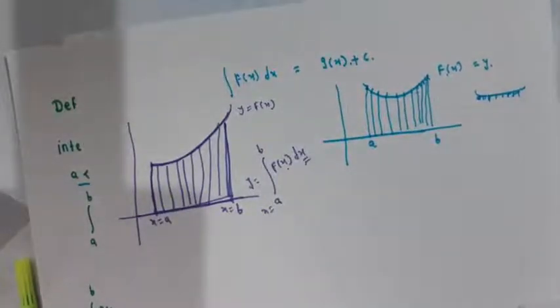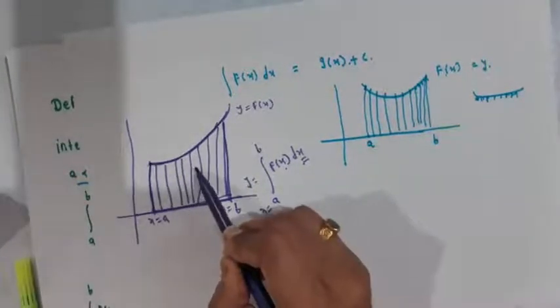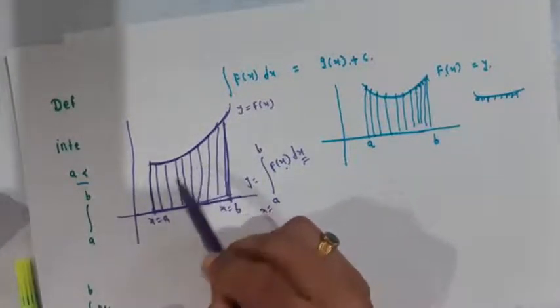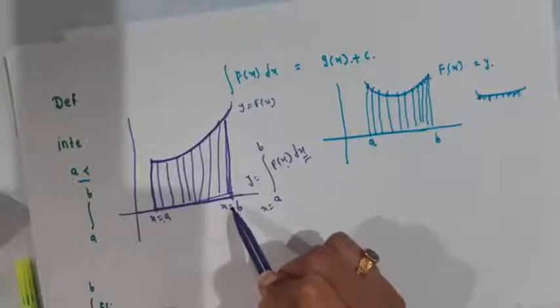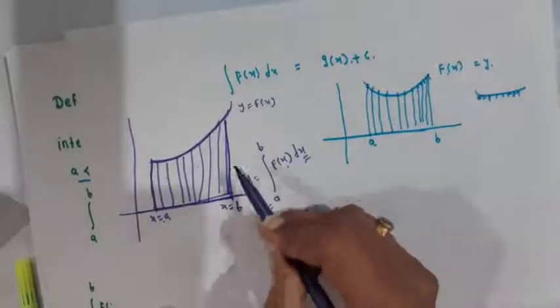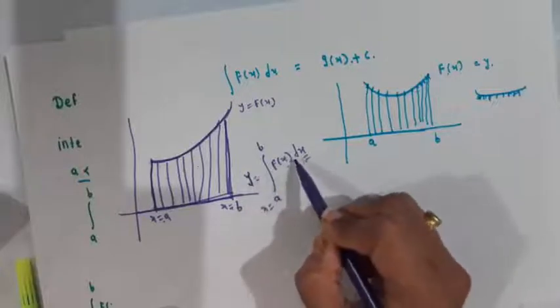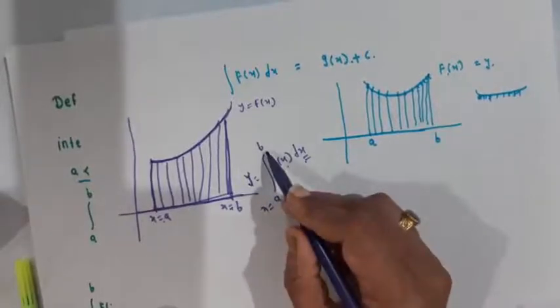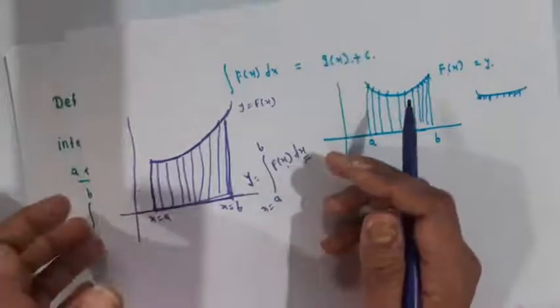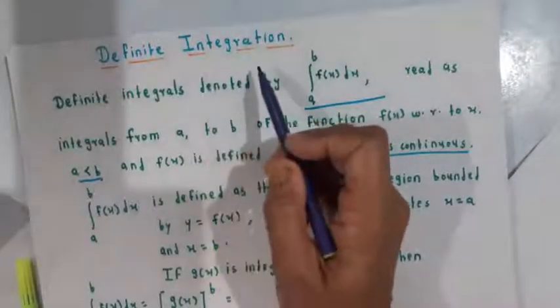That means in definite integration we take the sum from the point x equal to a to x equal to b, and here the total curve is divided into small segments. Then we add all these segments from the point x equal to a to the point x equal to b, and this is the definite integration of y equal to f of x with respect to x with limits x equal to a to x equal to b. Okay students, this is about definite integration.